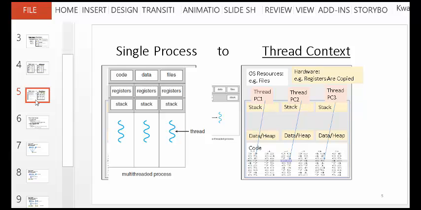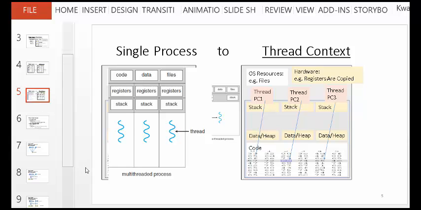Similar to switching processes, how the kernel would say, okay, your process has run enough, let me switch to another process. And it moves yours from the CPU, gives it to another person. But in this case, it's the same program that's running, right? Except that within that program, now there are 2 or 3 program counters. That means 2 different lines of execution. So what the kernel will do is, even though that process is running, you can be swapping from one to the other to the other. It has to swap between these. So you don't just let one thread run all the time. You can be switching between the different lines of execution at different parts of the code.